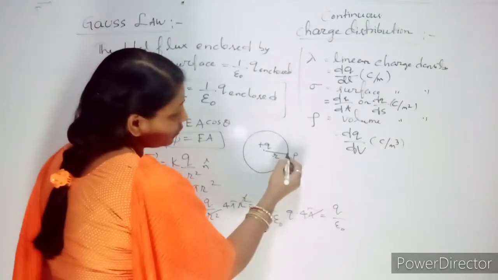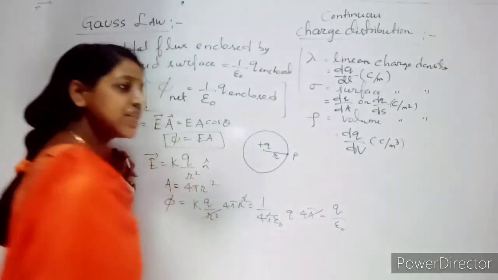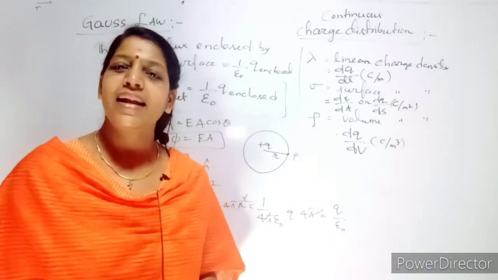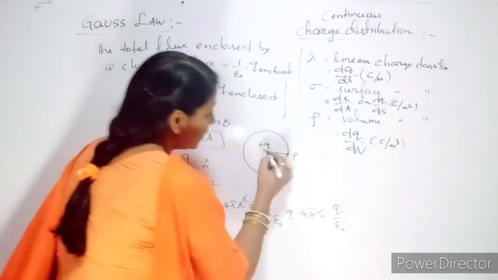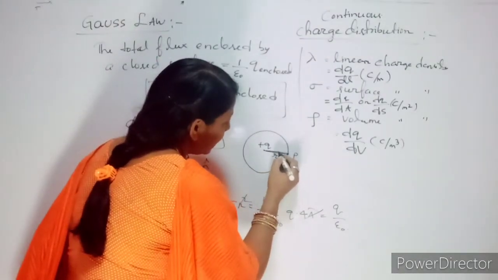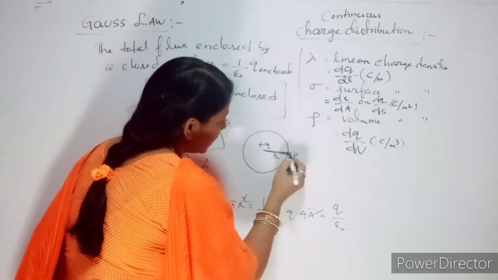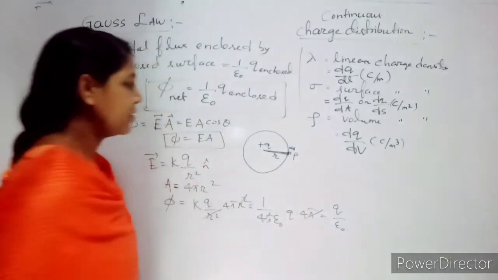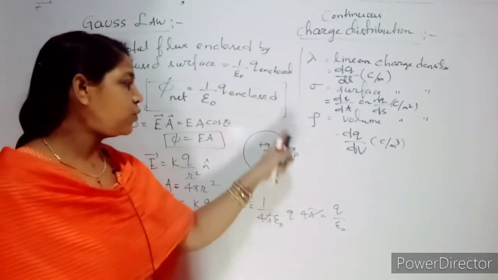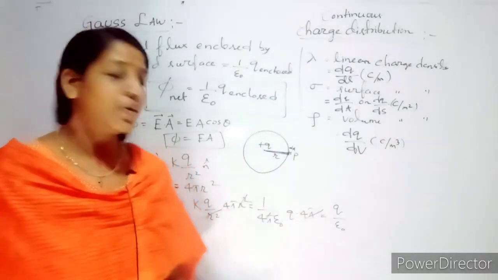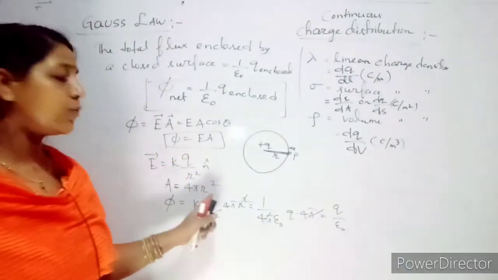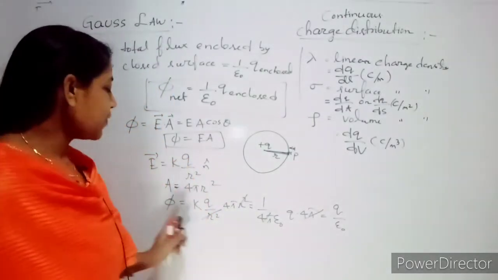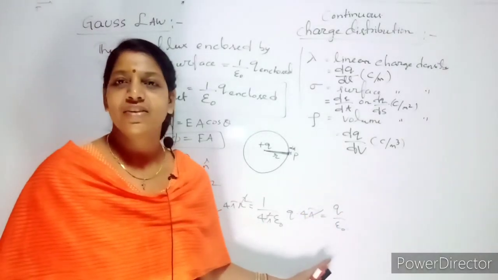Why? Because you want to find out the field at this point P. So in physics, for anything they want to find out, they will take some elemental area or elemental length or elemental volume. So here they are taking the elemental area on this surface, which you can call ds or dA. Whenever you are doing it for the whole body, you have to do the total integration, and the total area is 4 pi r square. I have directly substituted. Clear? So hence your net flux phi is Q enclosed by epsilon naught.